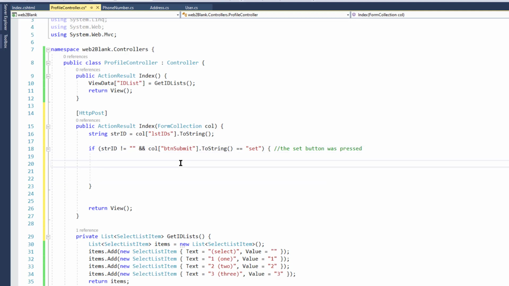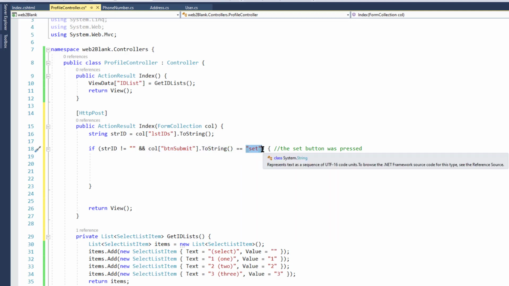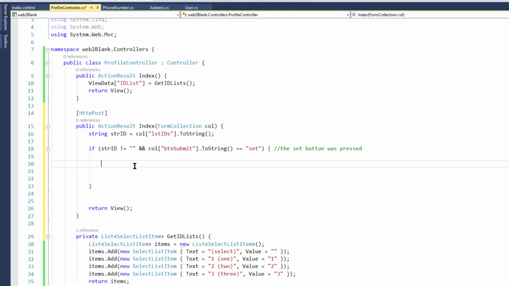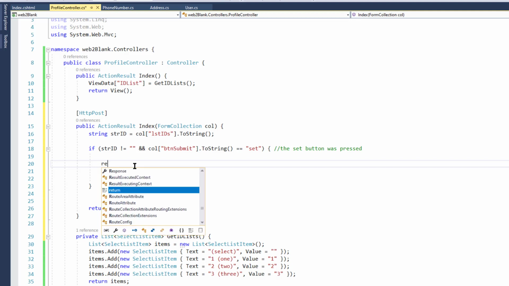Right, so now we've got that. So now we know that they picked an ID because it's not blank, and the button they pressed was the set button. In this case, there's only one button on the view, but you won't always have just one button on your view. Okay, so if that happens, what do we want to do? We're going to use the redirect to action method, but we're going to add this ID to the query string, to the URL of your page. So we do that by